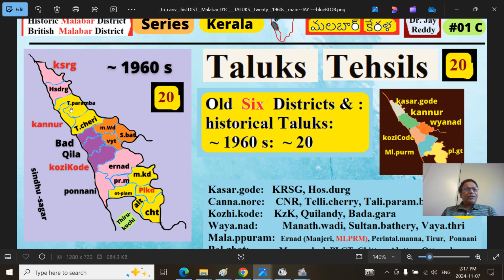So next is the Kannur district, Canna.Nore district. Historically it used to be part of Chirakkal Taluk and Kottayam. Telli.cherry or Tala.cherry used to be the British headquarters in this area. By 1800, when this region was acquired by the British, it was one of the 3 major urban centers of the Sindh Sagar coast, others being Karachi in Sindh province and Bombay in Salsette Island, Bombay Presidency. These 3 were the major urban centers overlooking the Sindh Sagar Ocean. Remember, it was very important, and for a long time the British headquarters.